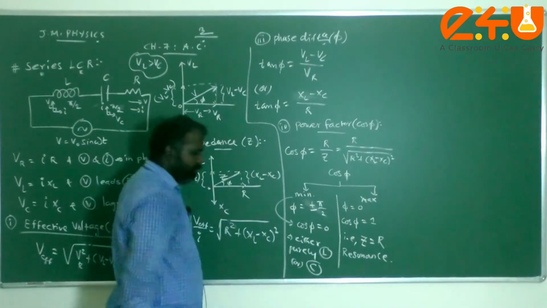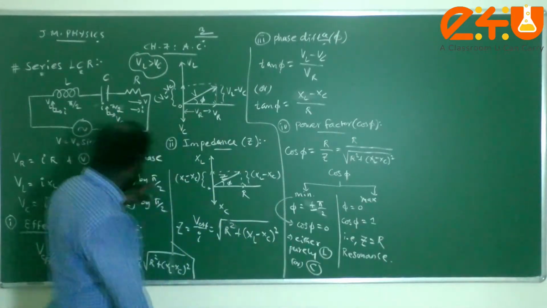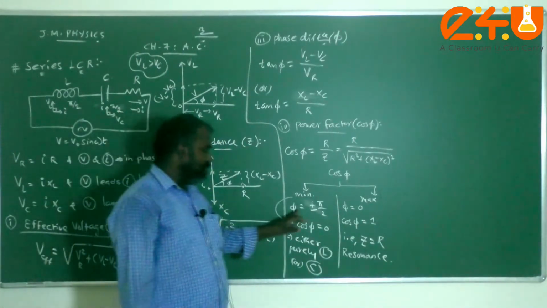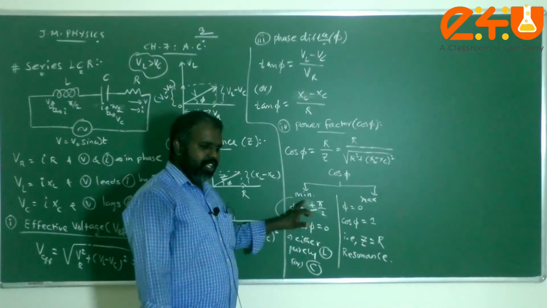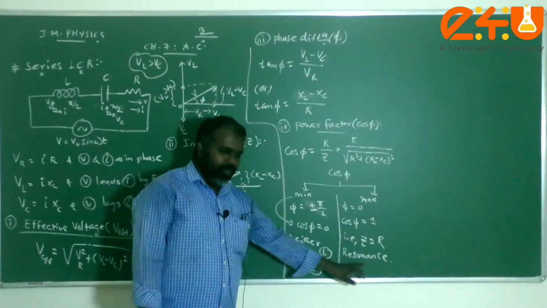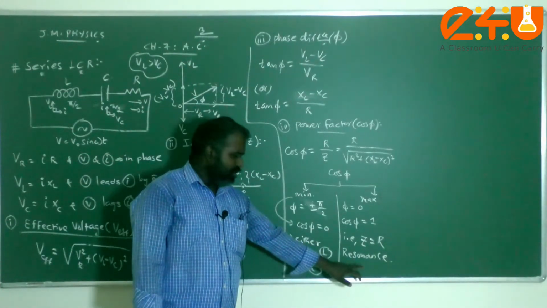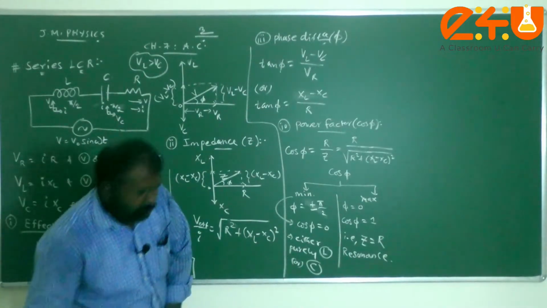Capacitive circuit. So for a pure inductive circuit or capacitive circuit, as we said here, the phase difference value will be 90 degrees. Therefore, the power factor in this case will be minimum or 0. But in the other case, the power factor will be maximum. That condition is what, children? Resonance condition. Okay, so that we will discuss as a separate topic.